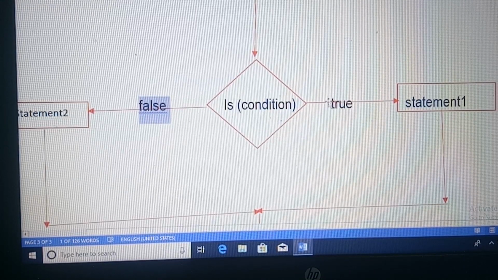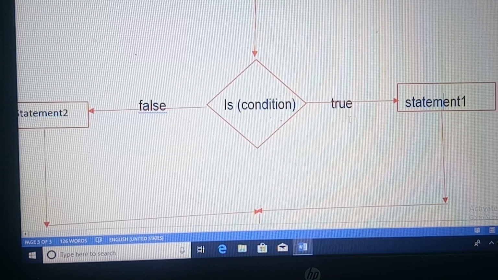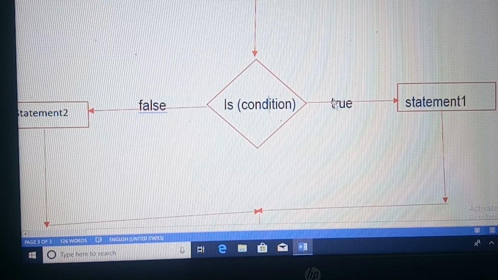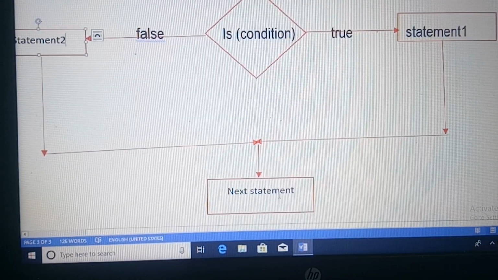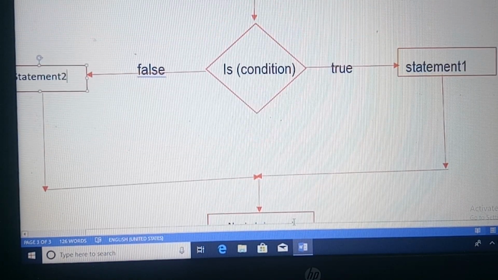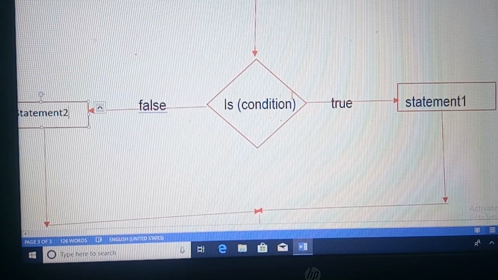If the condition returns a true value, statement 1 will be executed, and if the condition returns a false value, statement 2 will be executed, and then it goes to the next statement. So this is the flowchart of the if else statement.